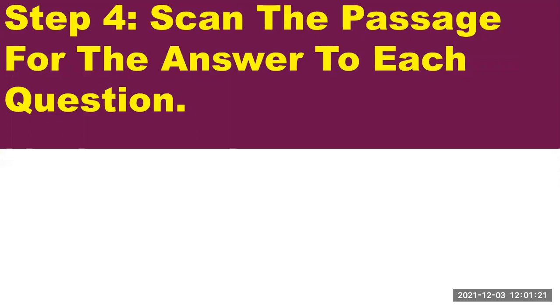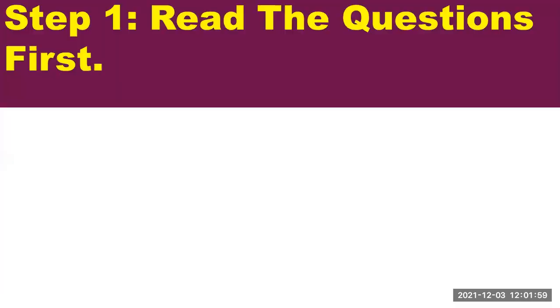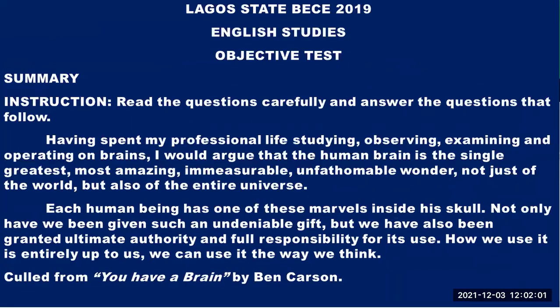Step four, scan the passage for the answer to each question. All right? In scanning, you are looking for the specific information that will enable you to answer the question. As simple as that. Now, you need to use context clues to identify the specific points required to answer the questions. What are the context clues and how do you look for them? First, pick the keywords contained in the particular question you want to answer. Pick the keywords and register them in your memory and start looking for them as you read through the passage. Now, these are the steps to take. So let's now begin with